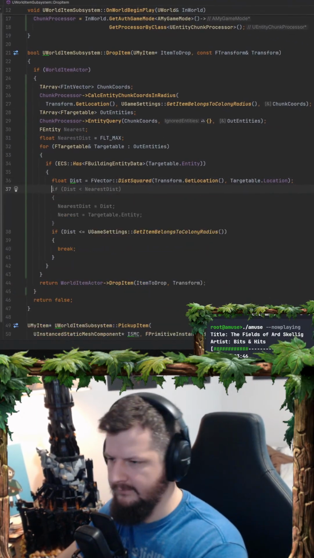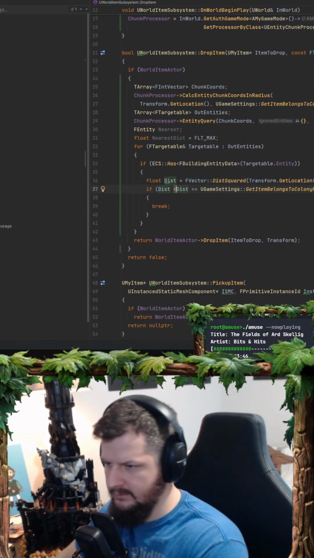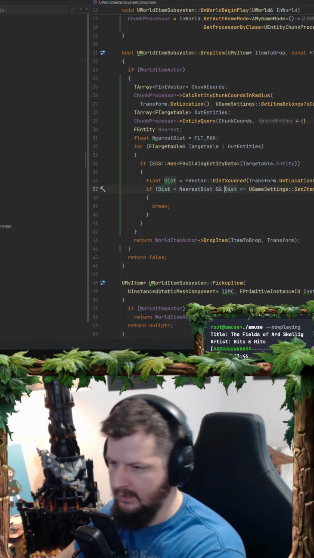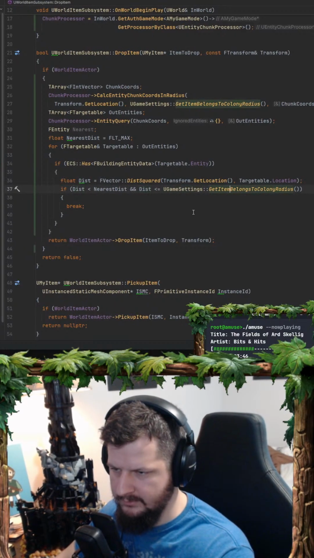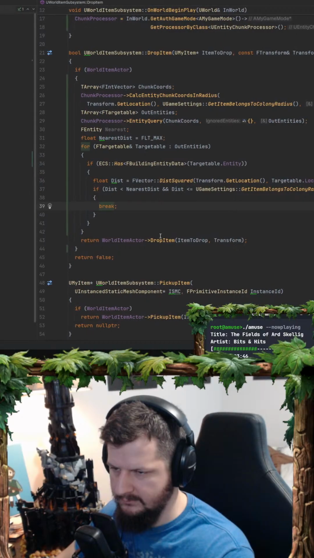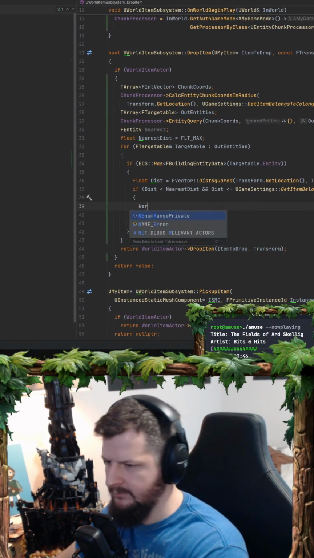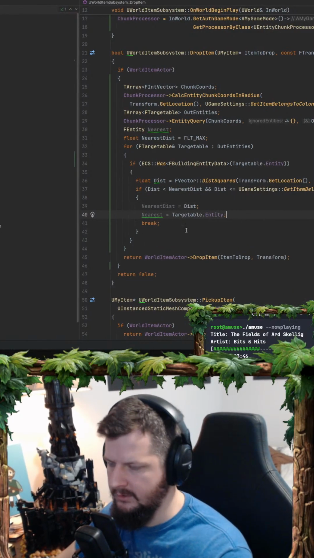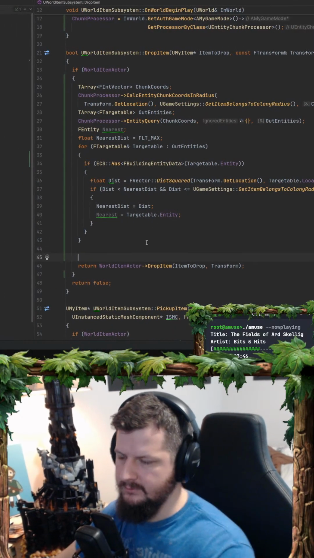So if dist is less than nearest dist and less than or equal to the radius, then we have one that's closer, so we will set nearest dist equal to dist and nearest equal to targetable entity. We won't break, but then after this,